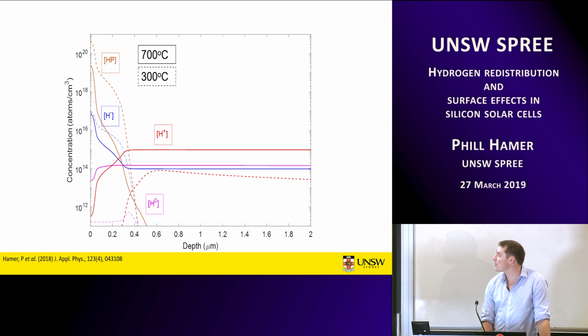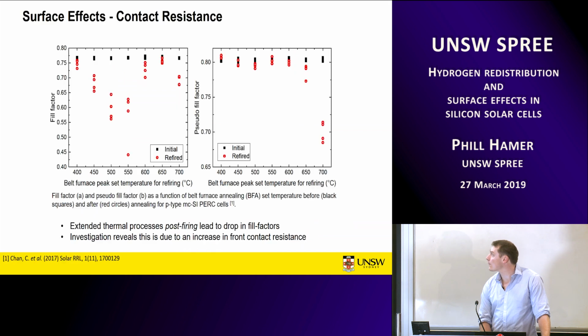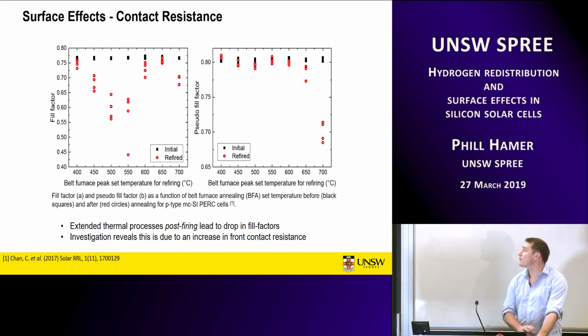So at higher temperatures, because of the extra thermal energy, we have less hydrogen in its bound forms. So we have a greater proportion of interstitial hydrogen to hydrogen trapped at phosphorus. Again, this proportion will decrease at lower temperatures, so that will suck even more hydrogen into that very heavily doped region. So I'm going to get into the effects now